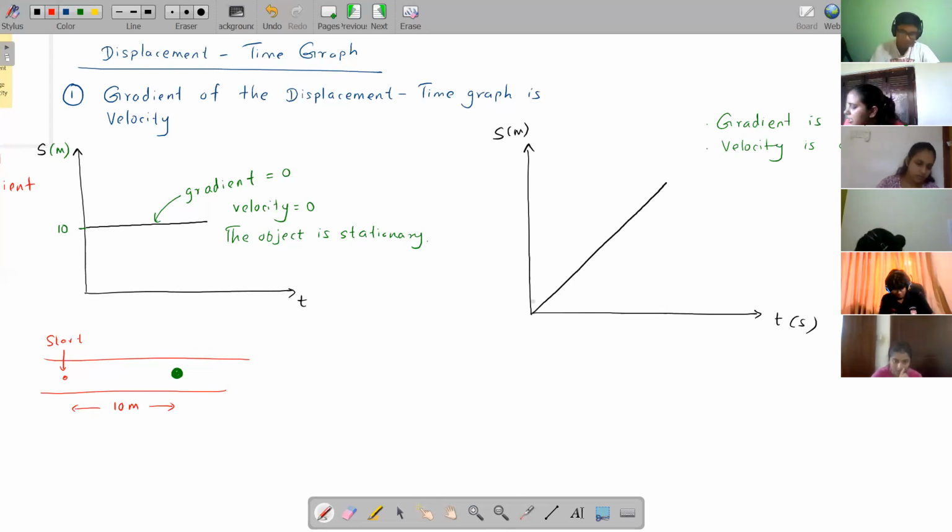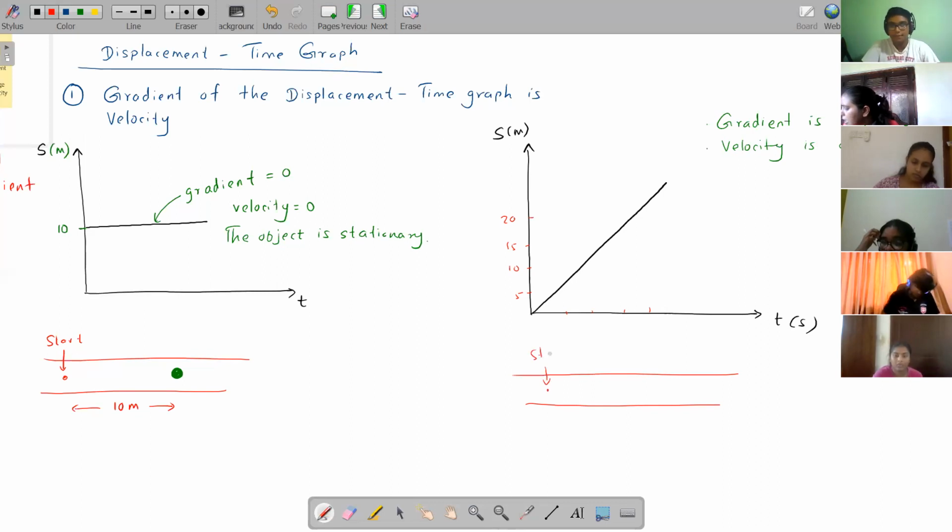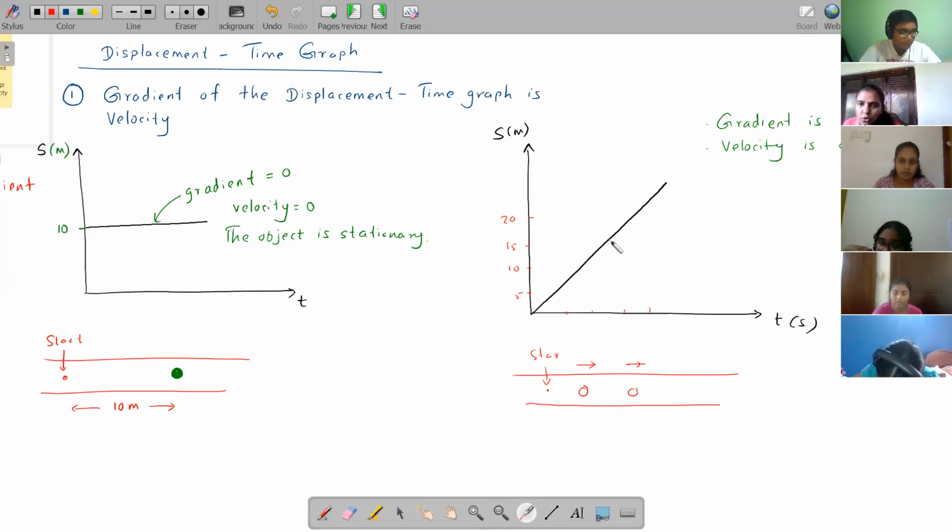And then, so definitely you can see here displacement, okay, 5, 10, 15, 20. With the time, the displacement is increasing in a constant manner. So this is not a case where the object is staying in one place. So here, this is your starting point, and this object is moving at constant velocity. So if I can actually find the gradient, then I can find the velocity. Y'all know ways of calculating gradients, right? So if you can actually find the gradient, then you can actually find the velocity.